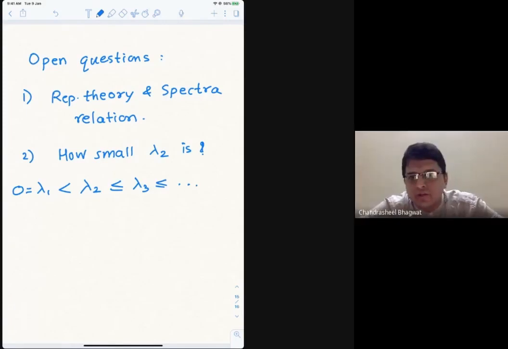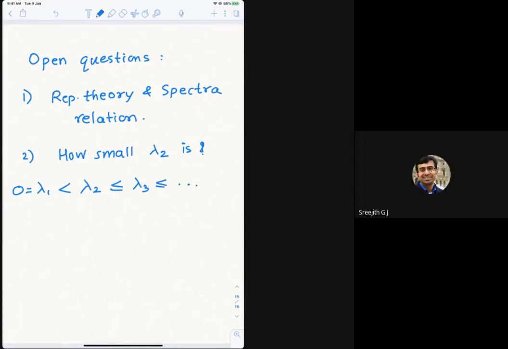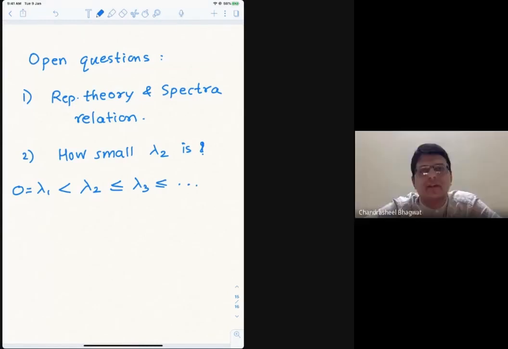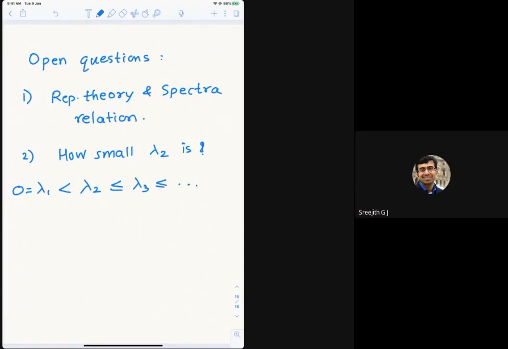Yeah, Srijit, you have a question? I have a question. It's coming from a physicist, so maybe there's inherent vagueness in it. At least in physics, there are operators that have continuous spectrum and sometimes a discrete spectrum, and sometimes there are operators with a mixture of the two. So is there any general theorem or rule that tells me when I get a discrete spectrum and when I get a continuous spectrum?